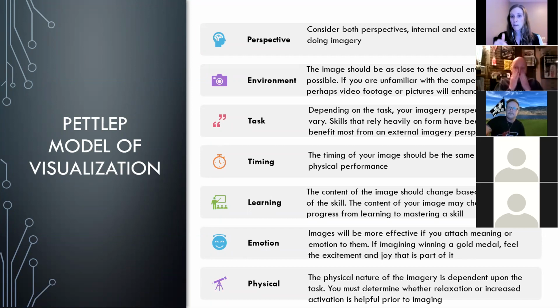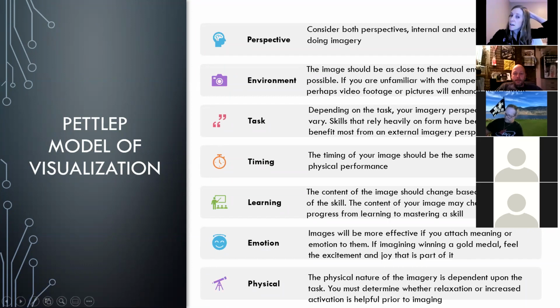For skills that rely heavily on form, if you're trying to make corrections to technique, or really correct some different aspects of your game, having that external perspective can be helpful because you're seeing yourself, you're able to see what that looks like and then make those corrections. Some people like doing it that way. Some people want to tune into how their body feels when they're doing that, and so they like the internal perspective. So again, just recognize that you can do it a couple different ways, play around with both. Ultimately, it's coming back to what feels most natural for you.